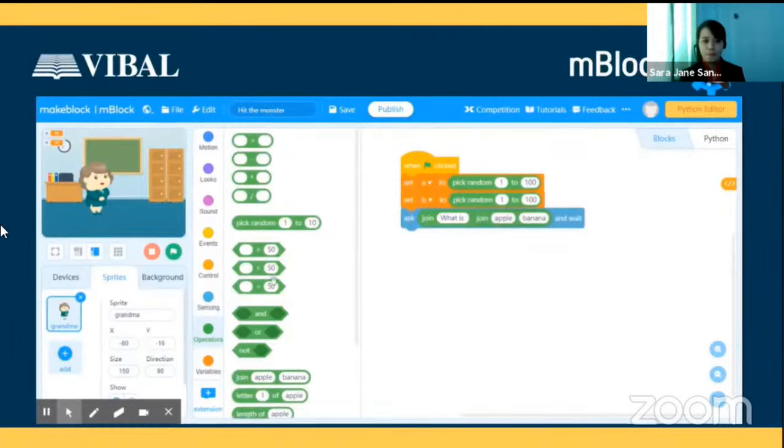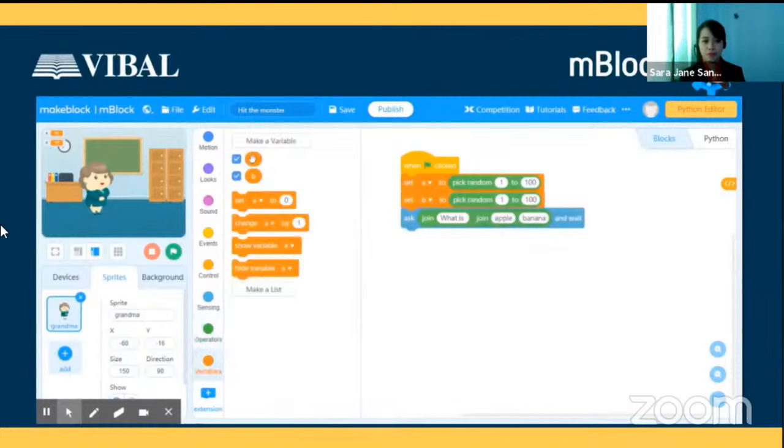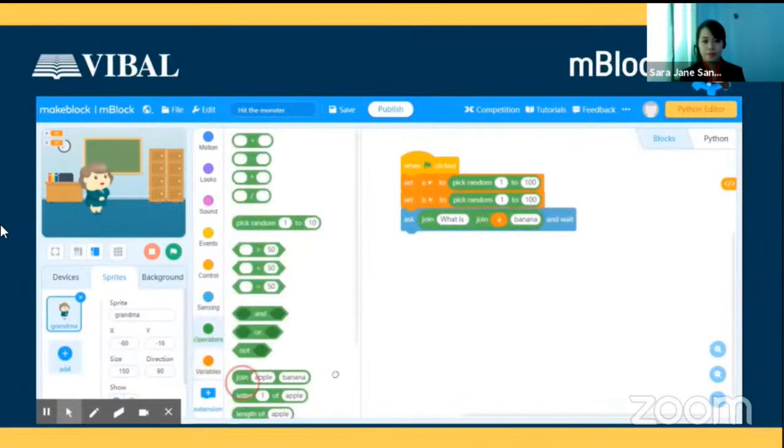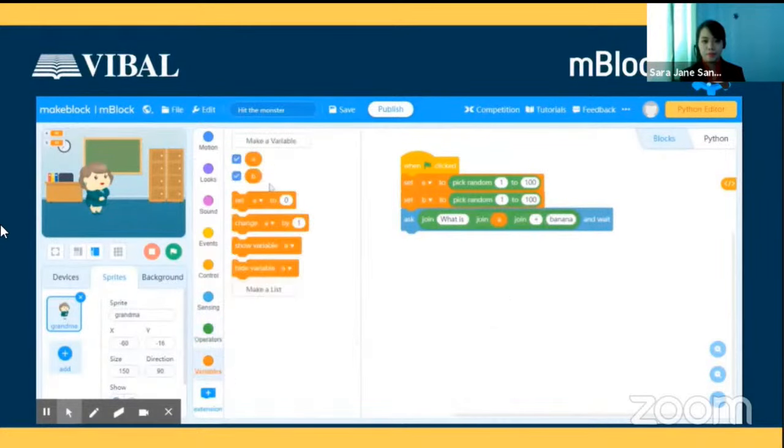Okay, what is variable? A, tapos kuha ulit tayo ng join para magkasya, plus, okay, then get the other variable, B. Yan. So, yan yung itatanong ni teacher. So, join what is A plus B.